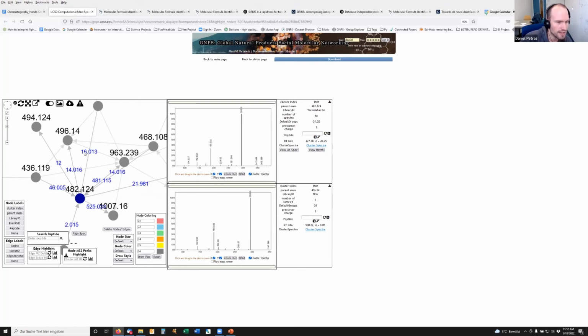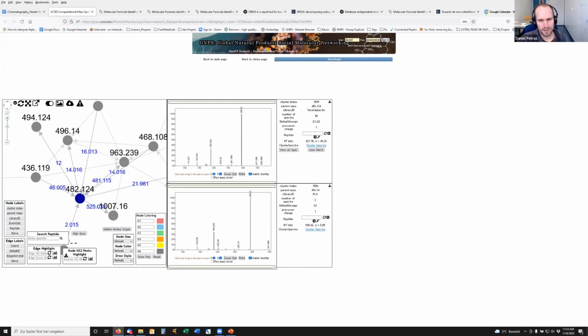I don't know about the 16, but some delta masses we often observe are like oxygen, so 15.99. Then like 2 methyl groups, or an ethyl, so that would be 28. Then acetyl. There are certain modifications you would observe quite regularly if you go through a couple of different networks. And obviously the structure of your Bactin is known, and you can then draw it and come up with possible modifications that could yield these